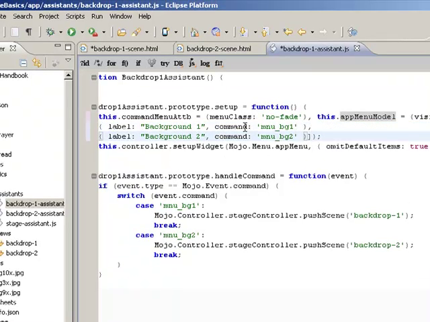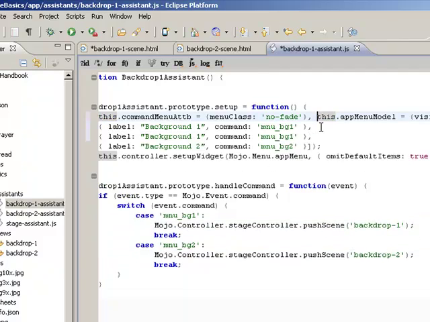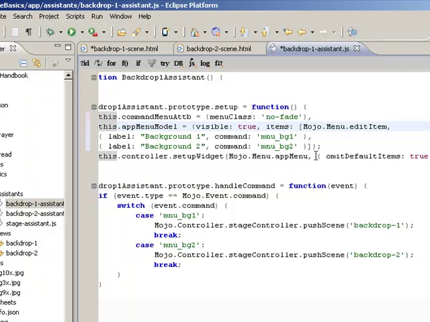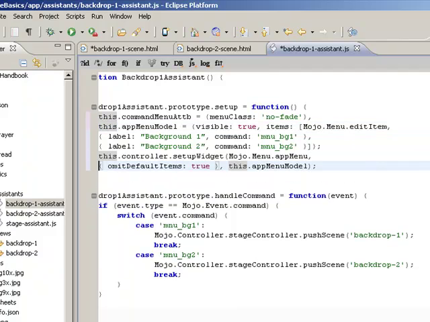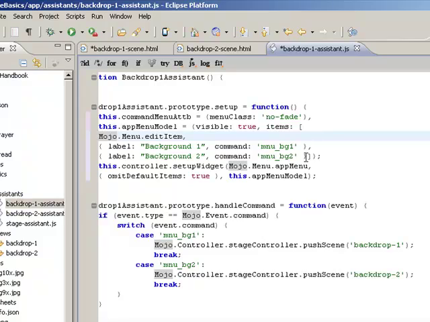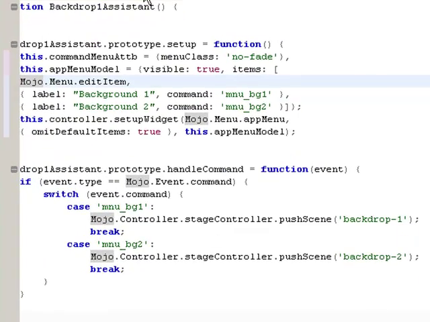Okay, I have a menu here that will take me to the background number 1 and background number 2, and it'll push those scenes for me. Okay, move that down so all those new coders would actually see what's going on here. Push that down. Okay, and I'll save this,